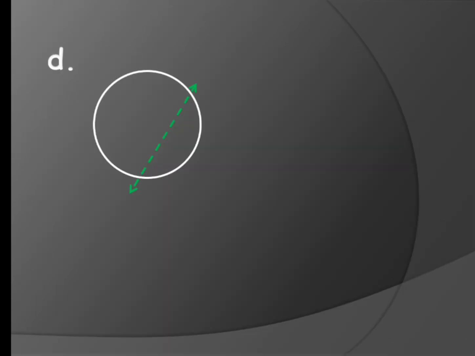Here there is a circle and they have given the green line, asking whether that green line is a line of symmetry or not. If you see, children, below the line and above the line, the parts are different, they are not similar, isn't it? So this green line is not the line of symmetry. So what do you have to write? You have to write no.